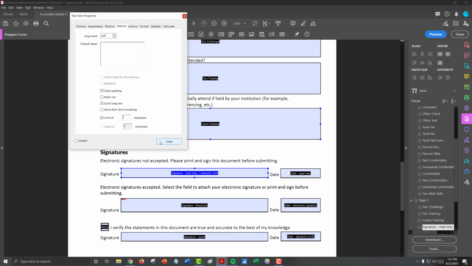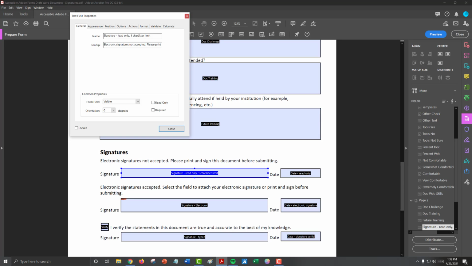What this does is it makes the form field active, so users who need that tooltip can still hear and access and read that tooltip, but users who are typing are prevented from filling out their full signature using typing. We recommend making it read only by limiting it to 1 character, rather than selecting the read only option, which makes it invisible for users.